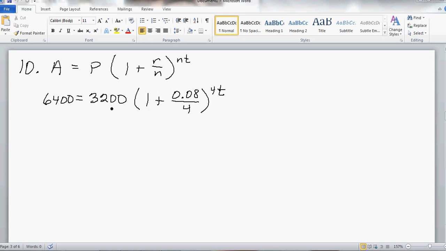Well, we need to do some simplifying here first. I'm going to take 3,200 or 6,400, take both sides and divide by 3,200, and we get a 2. Now that 2 should really mean something to you, and if you think about it, it shouldn't take too long to realize we're trying to double our money. That's where that 2 comes from. Now what we have at this point is